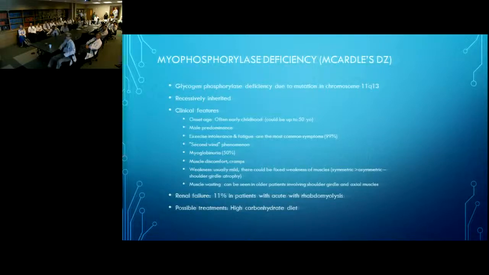The typical age of onset is really early childhood, but could be up to 50 years of age. And it's slightly predominant in males. The most common symptom is exercise intolerance and myoglobinuria and recurrent rhabdomyolysis. Some patients, actually up to 50% of patients, described persistent muscle discomfort and cramps. And if weakness is present in a small percentage of patients, it could be a fixed weakness, but it's really not very common in this disorder to have